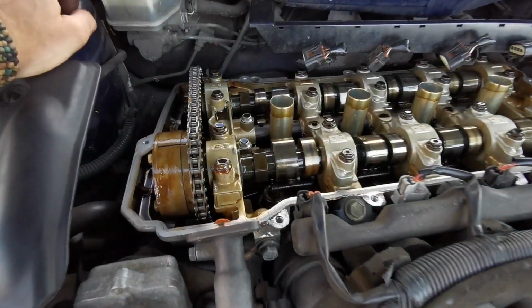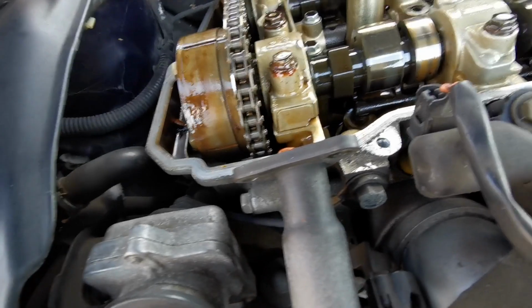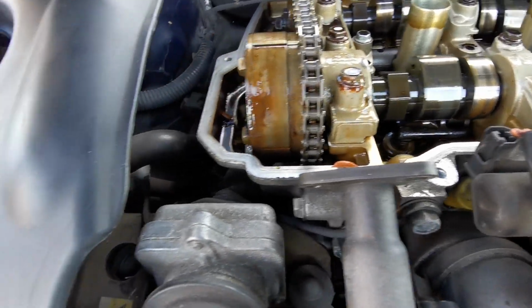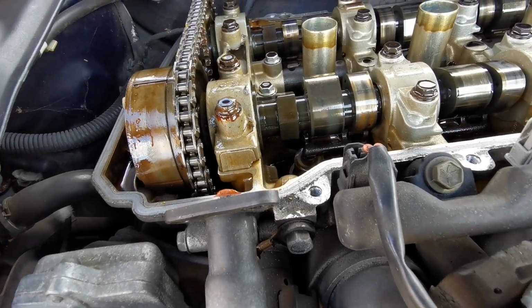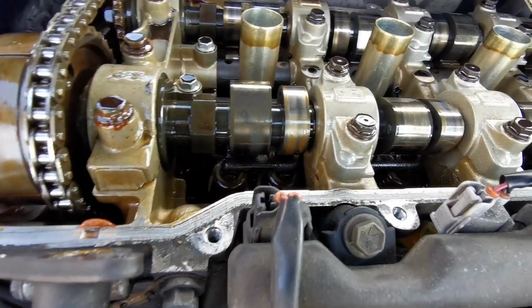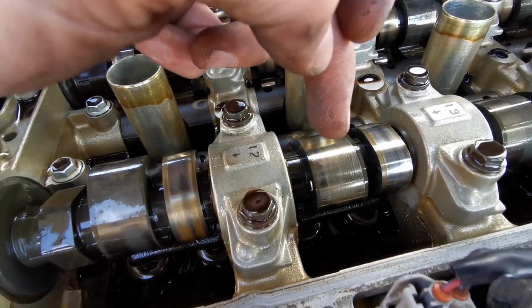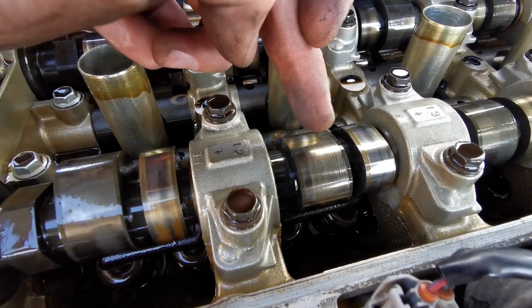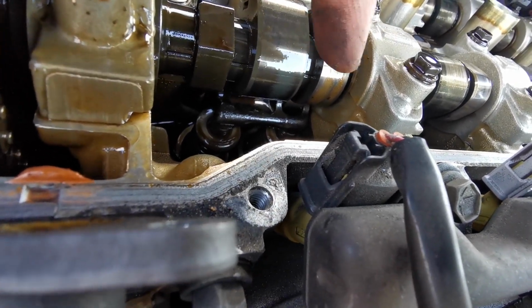So we've got that off, and I would say something's not quite right in here. It wasn't like immediately alarming, but I don't know how well this will show up, but there's definitely some scoring on this cam lobe, and this doesn't look very nice down here,